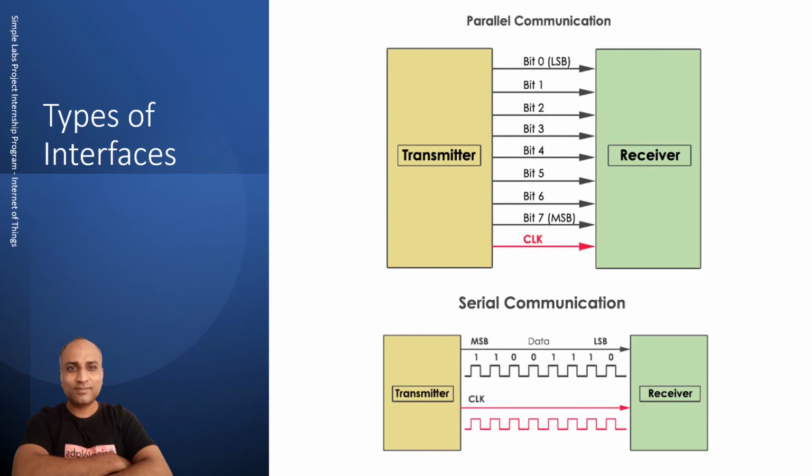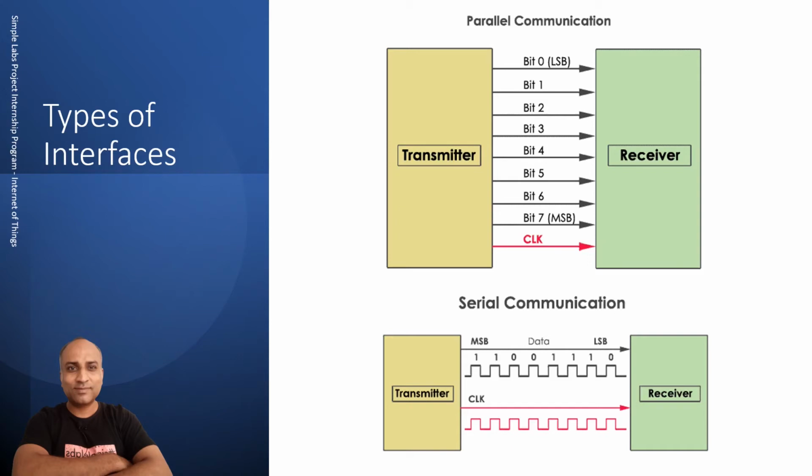Most of the time the LSB is sent first and the MSB is sent last. If there is a device which expects it otherwise, you will note from the data sheet of the device whether you have to send the MSB first or the LSB first. There are a lot of variations possible in this. Again, there is a clock signal which is sent from the transmitter to the receiver. The receiver will read the signal and then read this line. So these are the two types of communication.